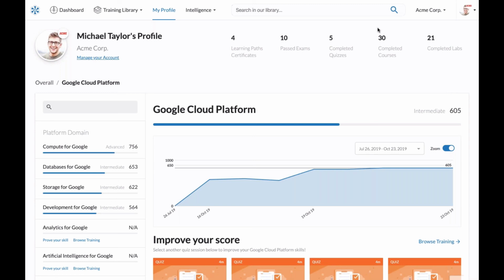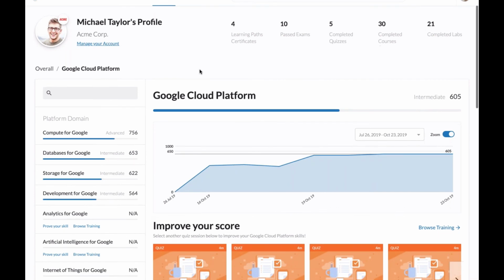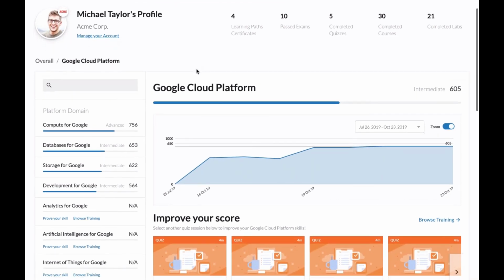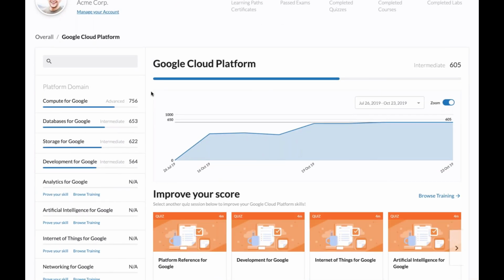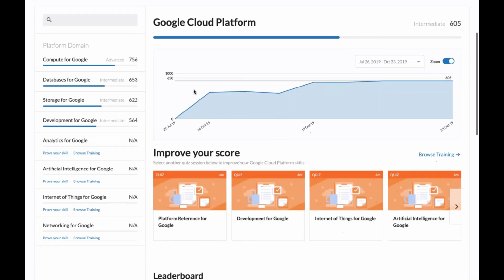Thank you, Roberto. We have another question. What should I do to improve my score? Okay, so I can take this one. Here I'm showing my profile, and when you select a domain here on the left, you can easily find how to improve your score at the bottom of the graph. You can simply select a quiz, and answering that quiz will improve your score in that particular domain.